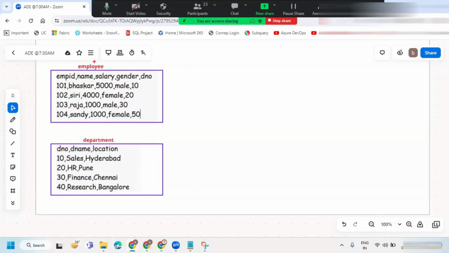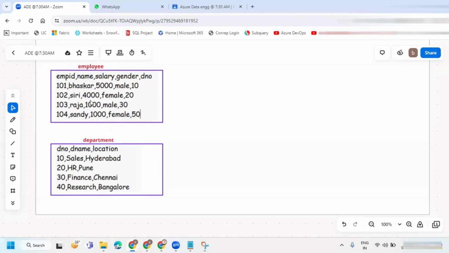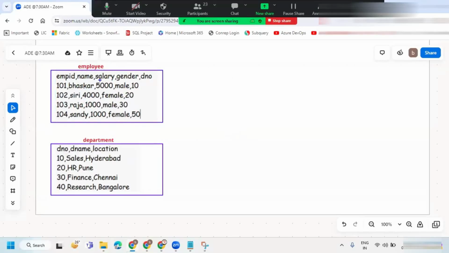If I wanted to see the people who are working in which department, then employee details are available in this particular table, and this is a different kind of table. So the structure of these two tables, if we clearly observe, this is the employee table and this is the department table. Just observe the structure of these two tables. This is the structure here, and the structure of the department table is this.